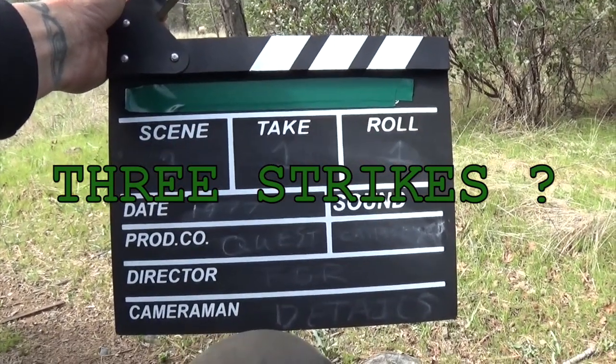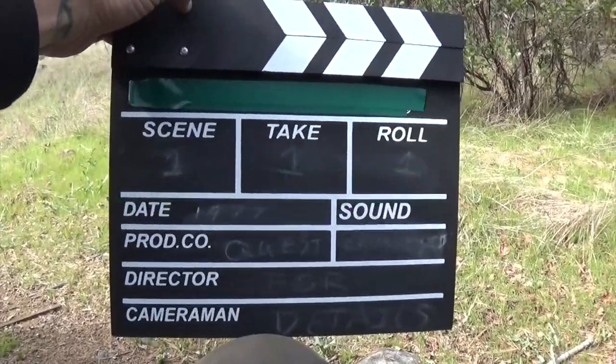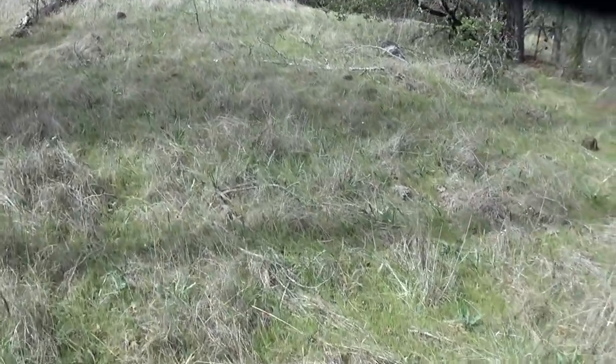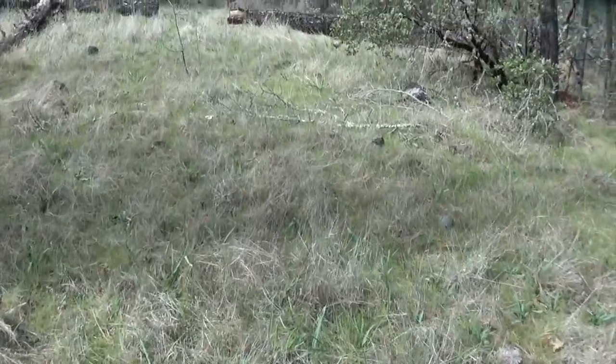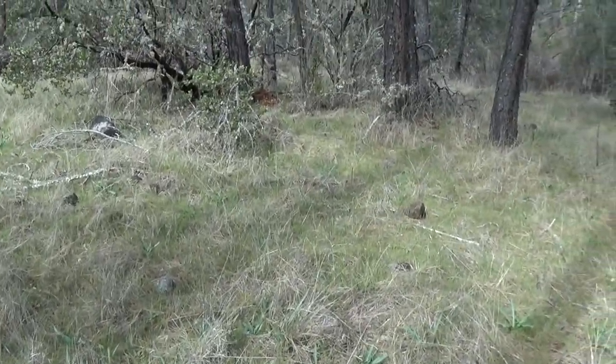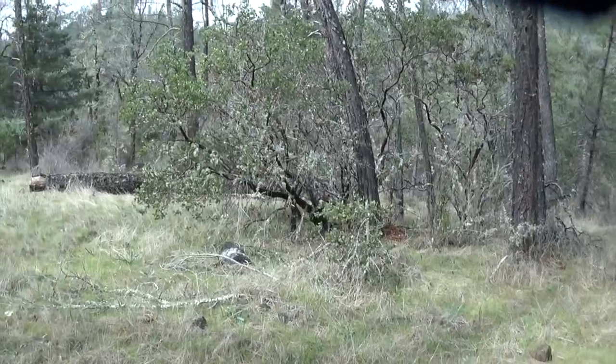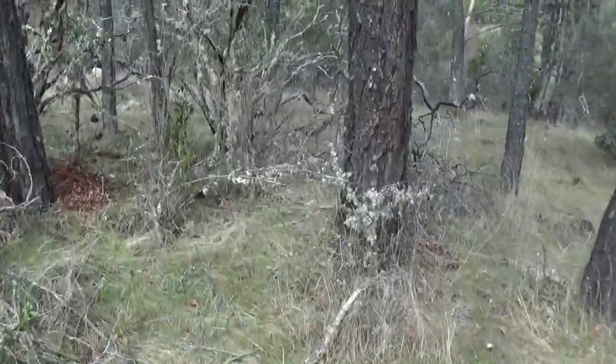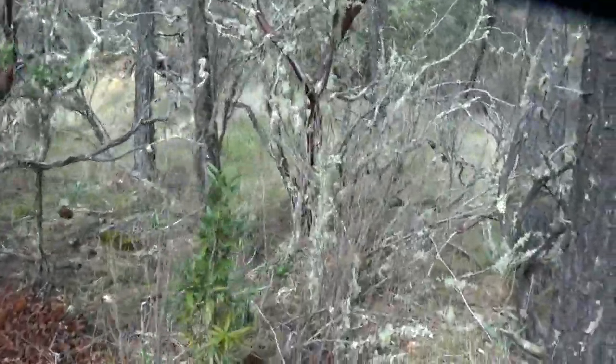Quest for details. Take 1 million. Okay, I'm not sure what the plan is today. Just found a zone that I think we can hunt around in, and I'm going to try and find a home site. Of course, isn't that always the goal? But out in the California chaparral,